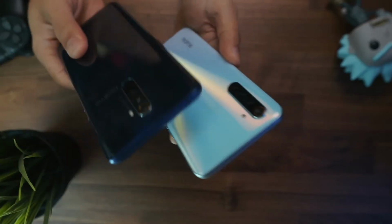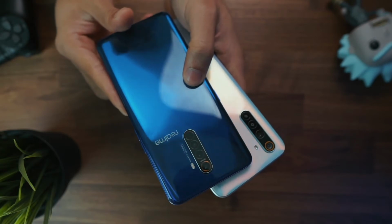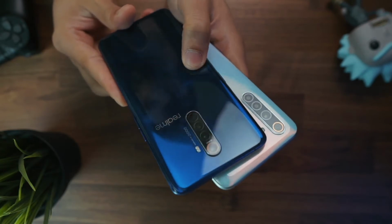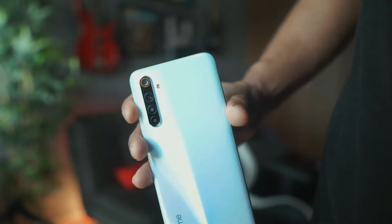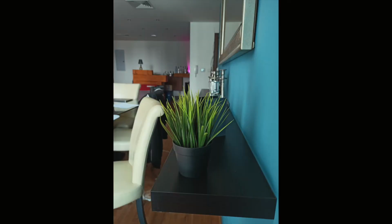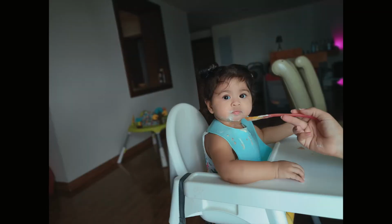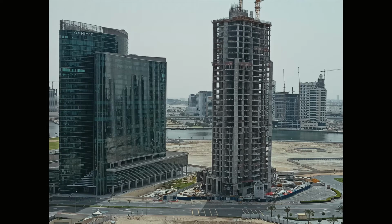In terms of camera, you're pretty much getting the same high-end specifications that you're getting on the much more expensive Realme X2 Pro. You've got a 64 megapixel f/1.8 camera on this, as well as an 8 megapixel ultra wide, a 2 megapixel macro lens, and a 2 megapixel depth sensor. So you get a lot of camera performance on this as well. Here I'm going to show you a couple of shots that I took on this phone, including video performance. Now video at 5x zoom is pretty much unusable, but other than that, I think the video quality is pretty